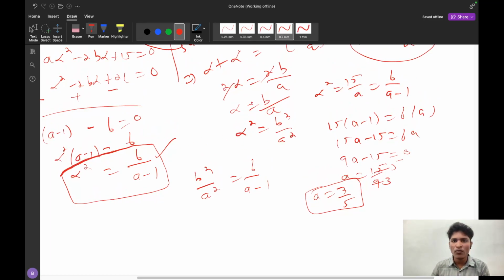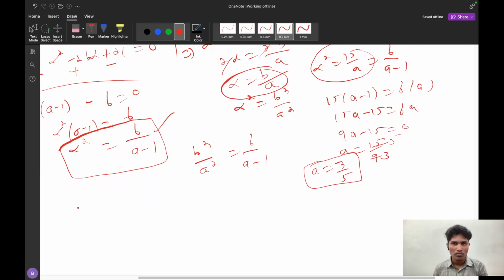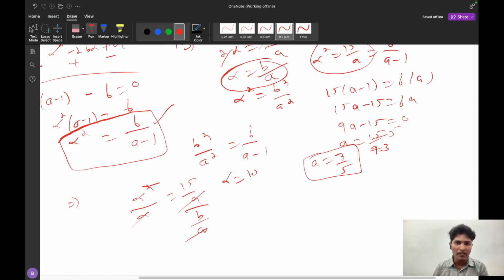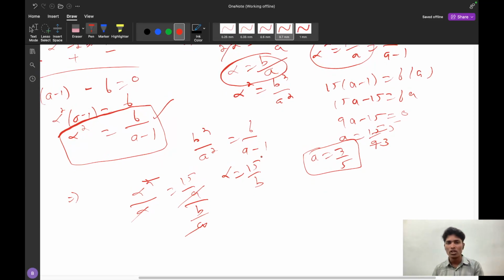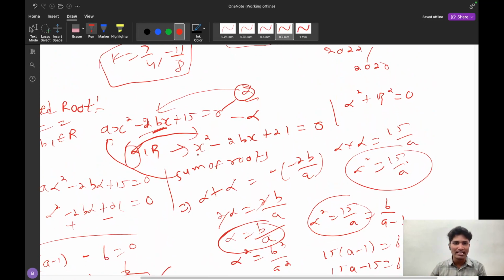Now here we can use this equation, alpha equal to b by a. If I divide these two, what will I get? If I divide alpha square by alpha, that is 15 by a divided by b by a, these two things will get cancelled. So alpha equal to 15 by b. So alpha equal to 15 by b is the value of the root. I can substitute 15 by b in the second equation,